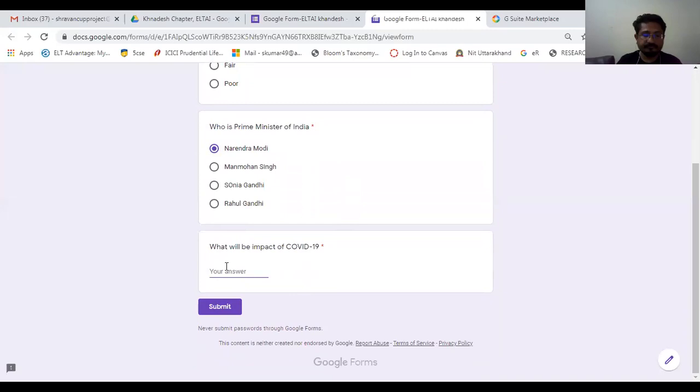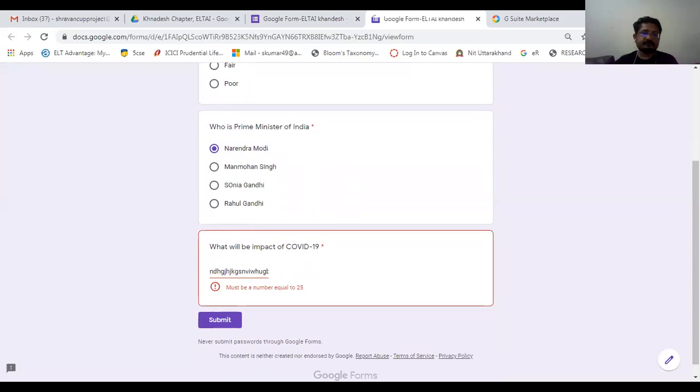I'll show you. I'm simply typing anything. See? You can see this kind of message: must be a number equal to 25. Clear? So this is a kind of device which you can use to analyze their skills.